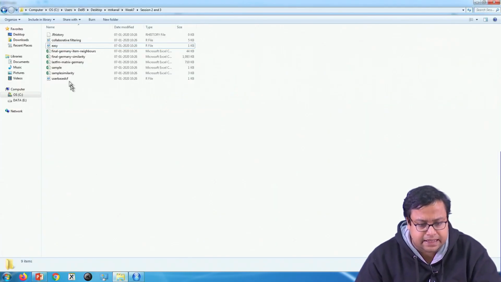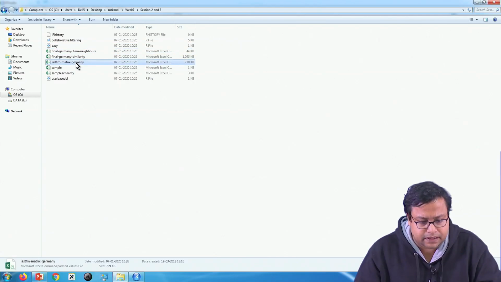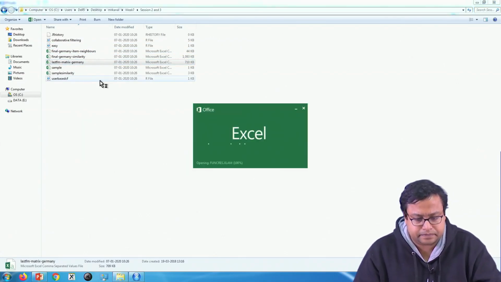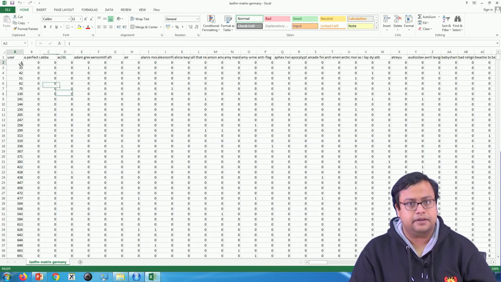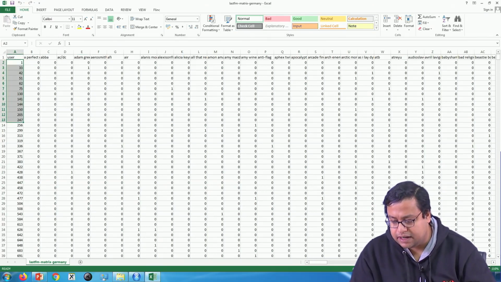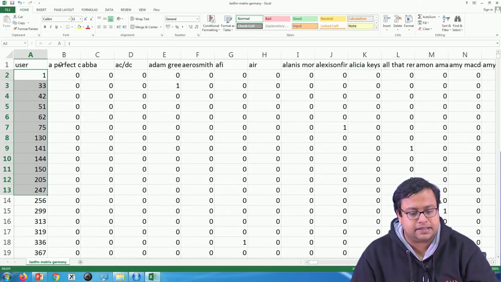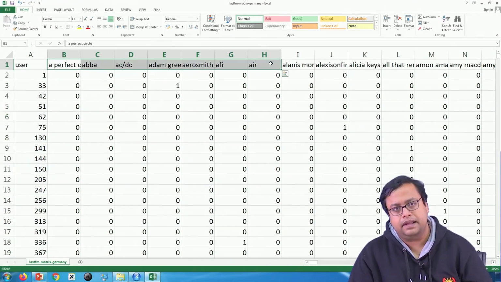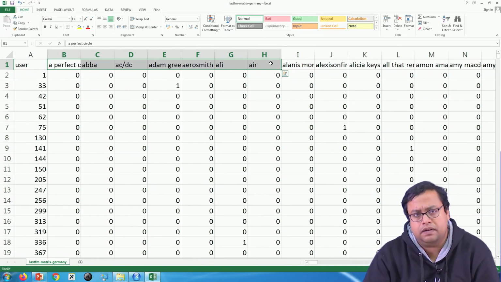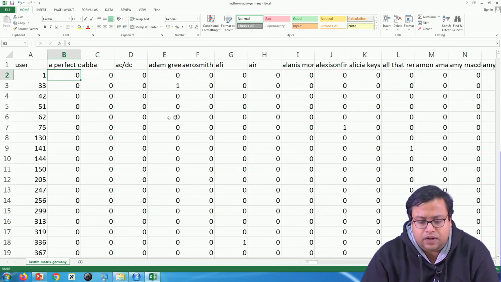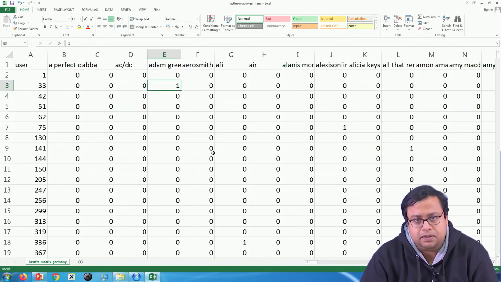So, the data looks like this. If I open the data, these are users, and these are various FM radio channels or radio songs. 0 and 1 mean whether a user has listened to a particular item or not.